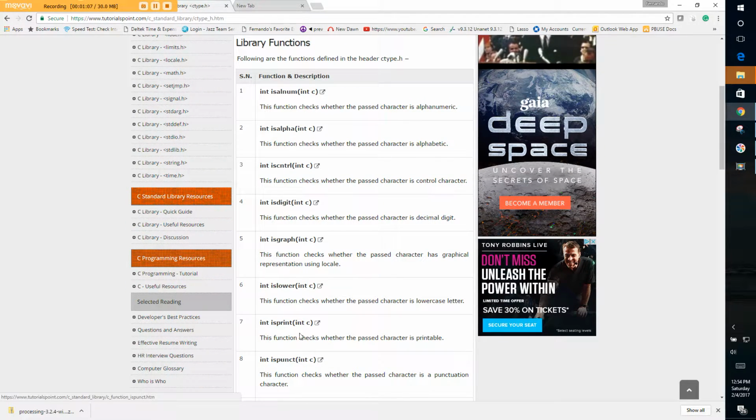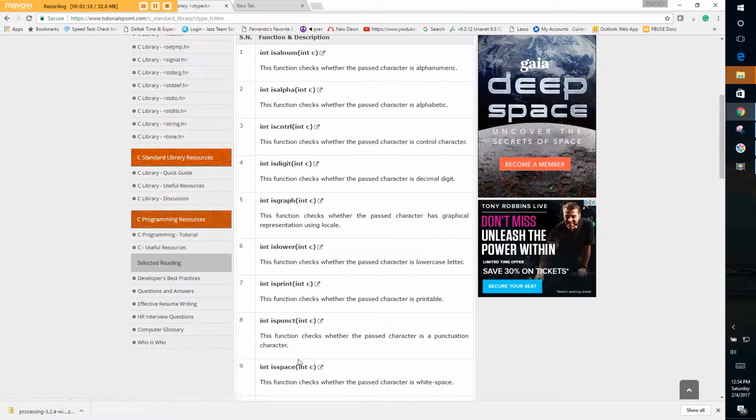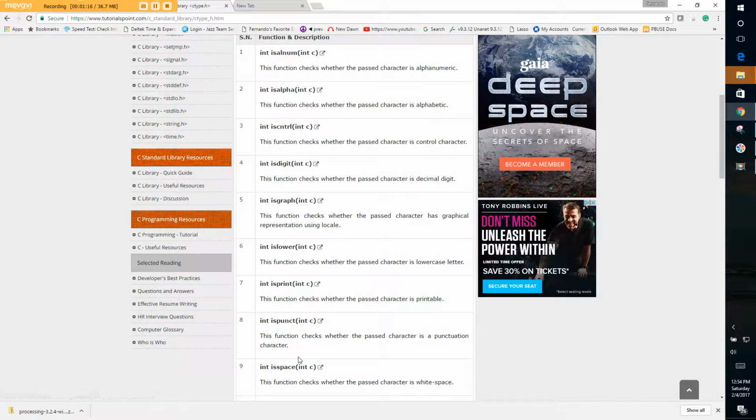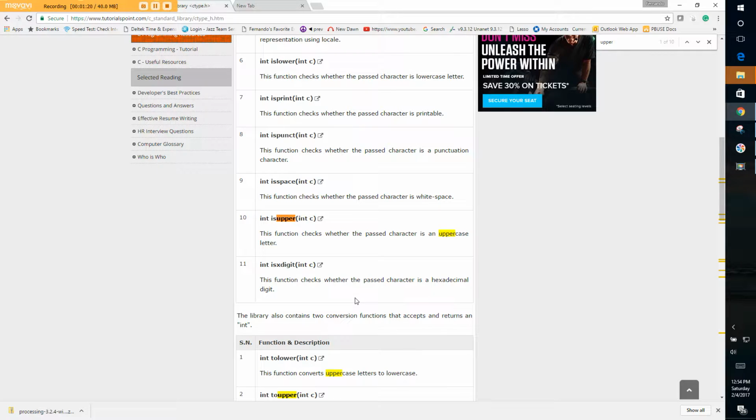So we can use the library in here to help us create a function to convert our string to uppercase. So for example, there is an isupper. So we can check isupper, and there's also a function toupper and tolower. So with that in mind,